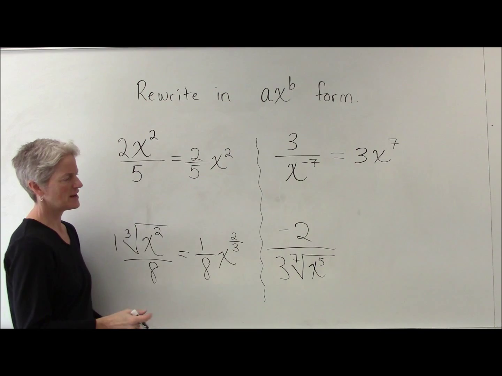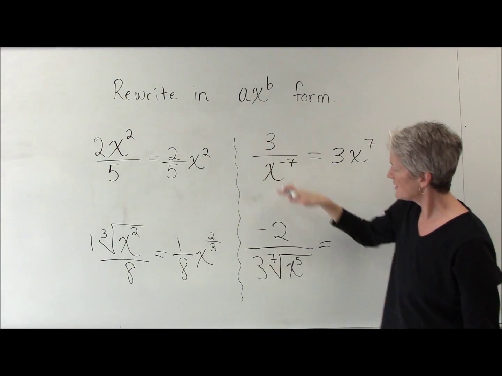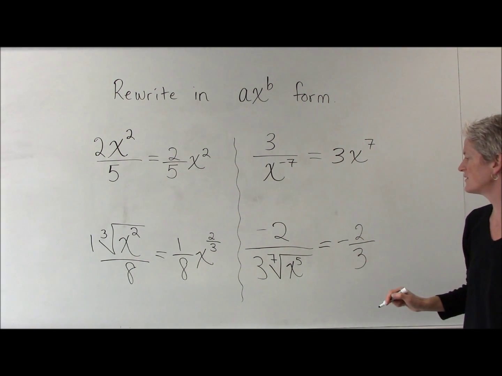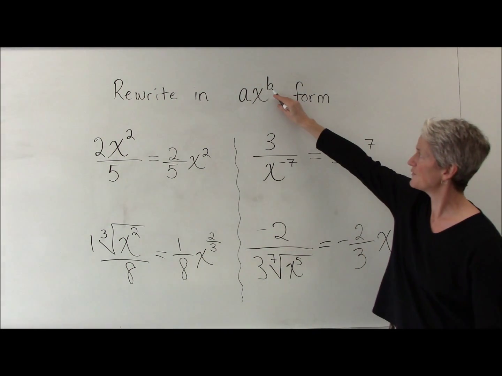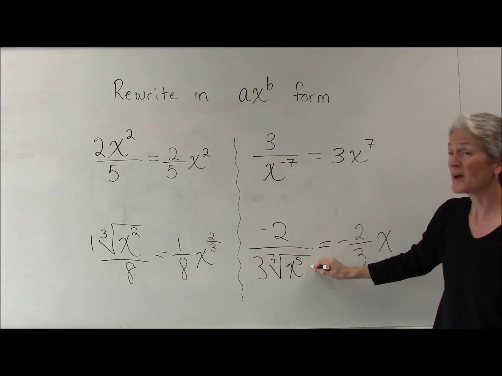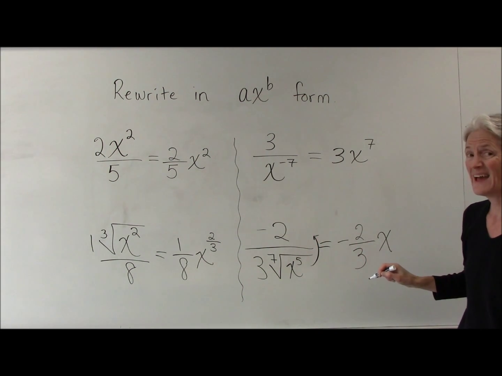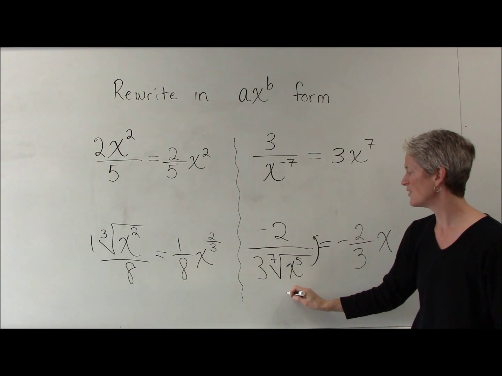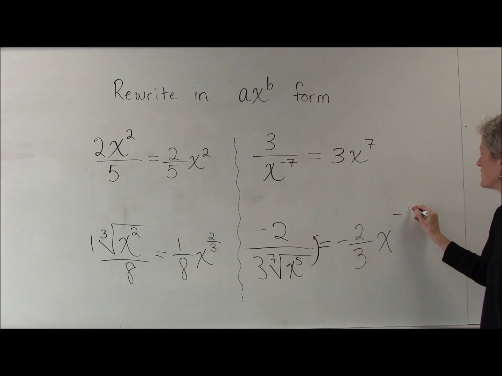Right. Yeah, very nice. All right, and over here we have our a, our coefficient. I think we can see clearly that's going to be -2/3 times x to the, now I just have to figure out my exponent. I've got to do two things here. I need to move that up into the numerator and I need to rewrite that. So that's x to the 5/7. So that's going to come upstairs to be x to the